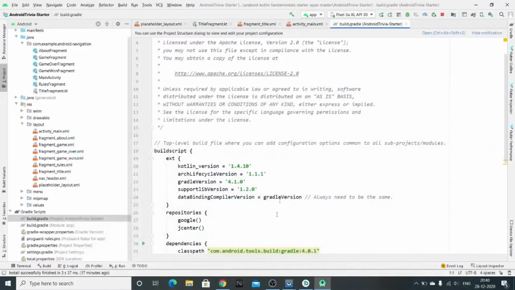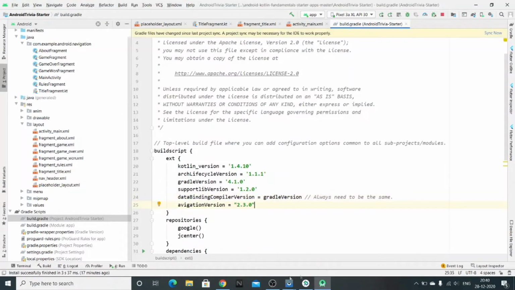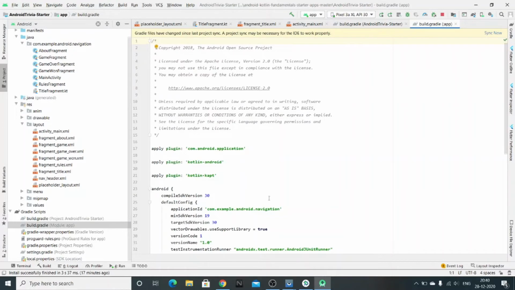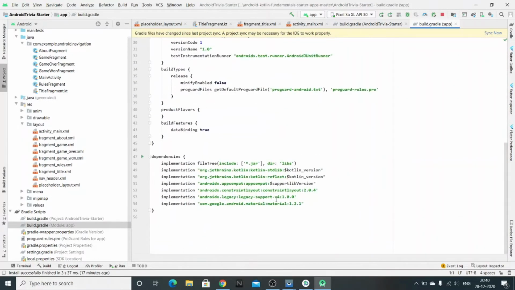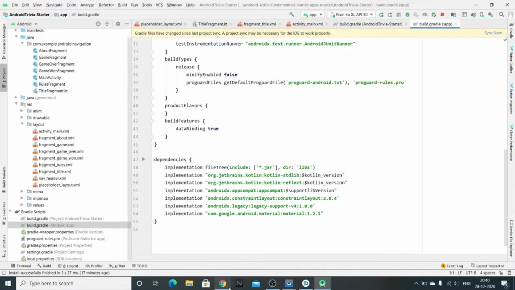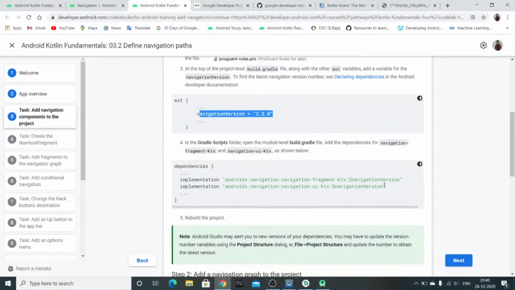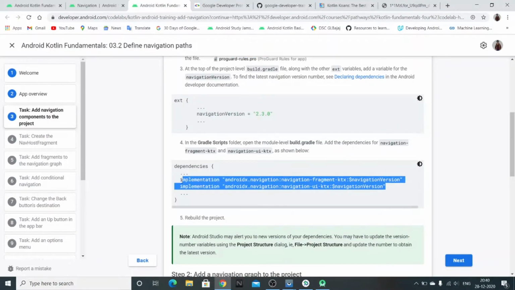Let's copy this and paste. And also the build.gradle of your app level. Scroll down to the dependencies and we'll be adding some dependencies. Here are the dependencies for navigation components.